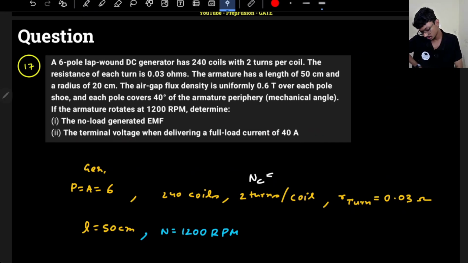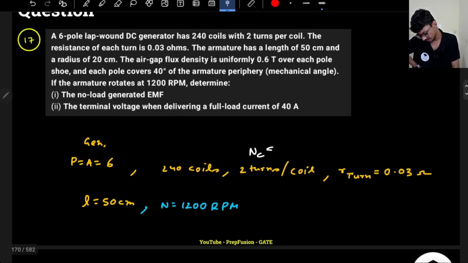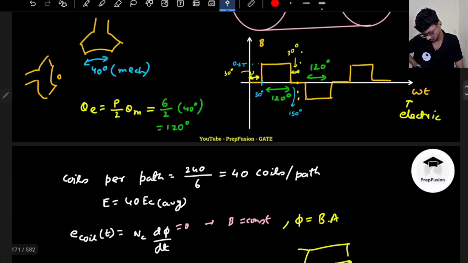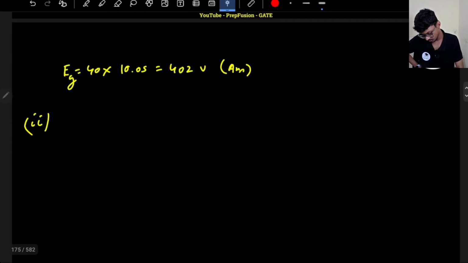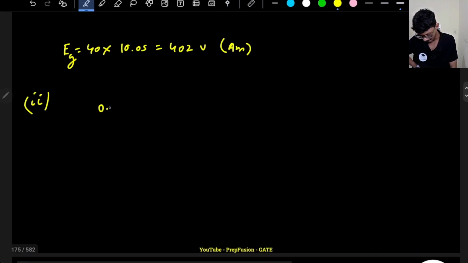They have told the resistance of each turn is 0.03 ohms. So how many turns do I have in series? In series I have 40 coils, right? And each coil has 2 turns. So it is 2 into 0.03, that is resistance per coil, into 40, because I have 40 coils in a path,